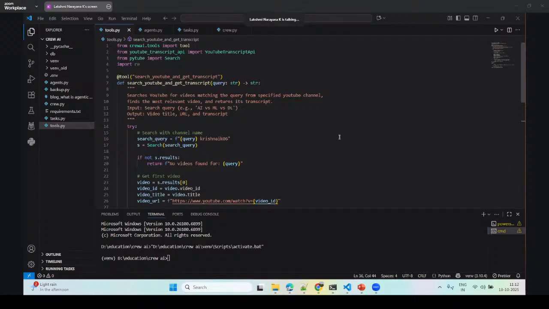You can also integrate a web search tool, but I just want to show you the YouTube tool because it is a tool known to all of us; everyone knows what YouTube is. So I'm going to use YouTube as the source, and then the agents are going to give me the output. So firstly, here you can see